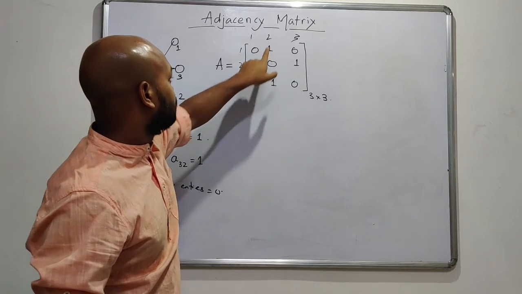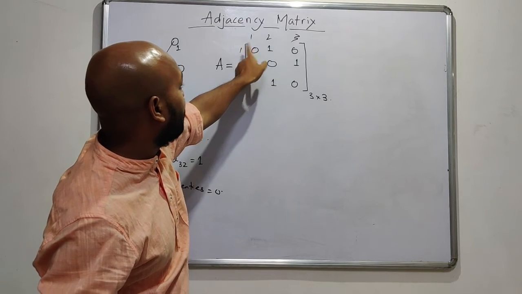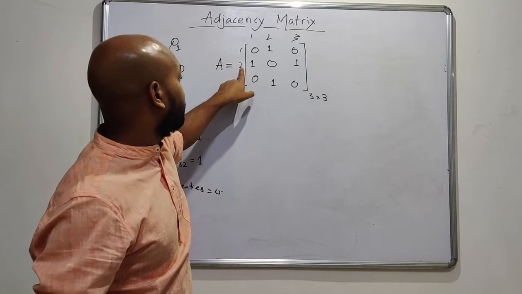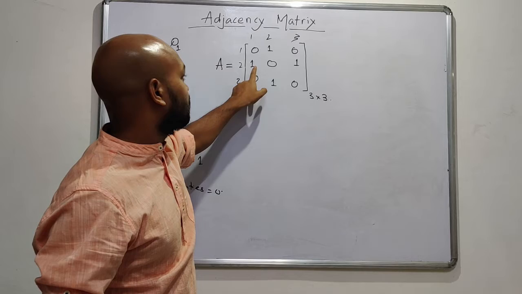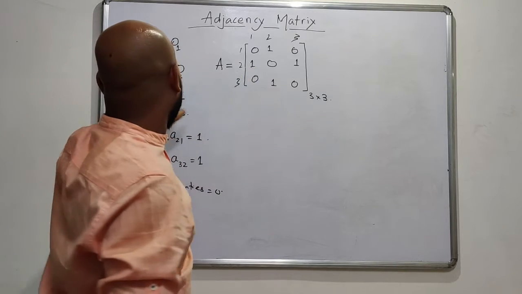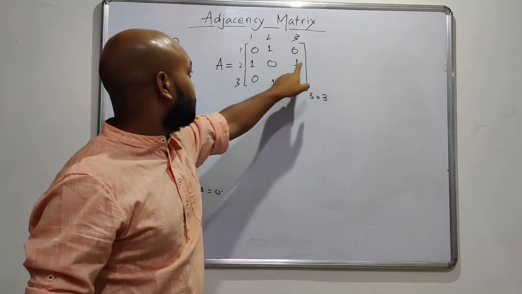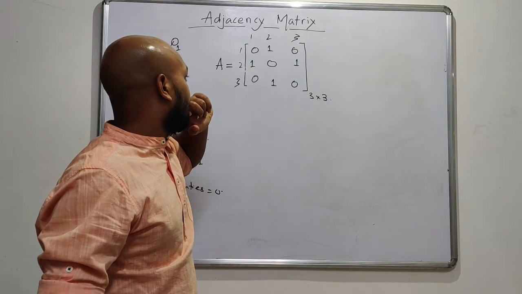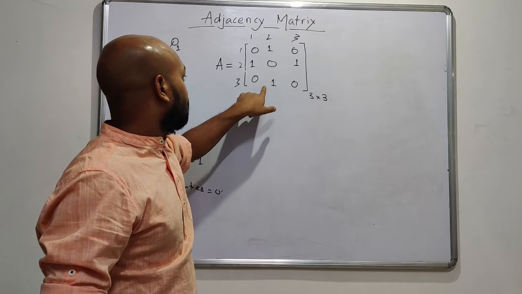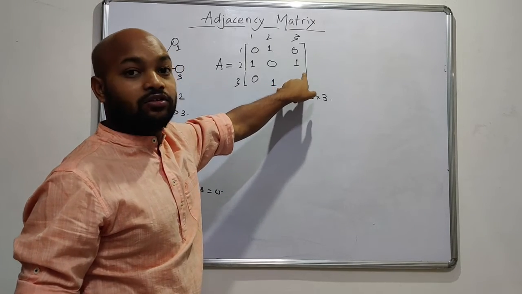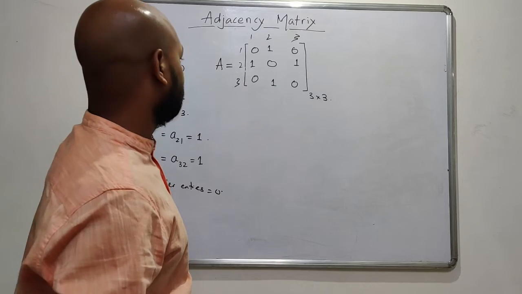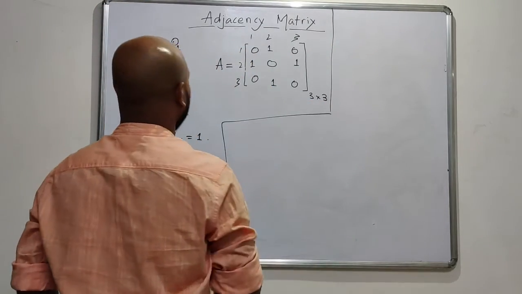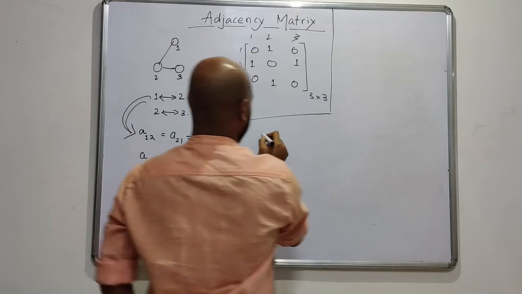Okay, so this place is between 1 and 2, and this place is also between 1 and 2. So these two places have value 1, and this place is a 2, 3 place, and this place is also a 2, 3 place, and thus these two places also have the value 1 and the others have the value 0. Let's do another example, and here let's draw it for this state.